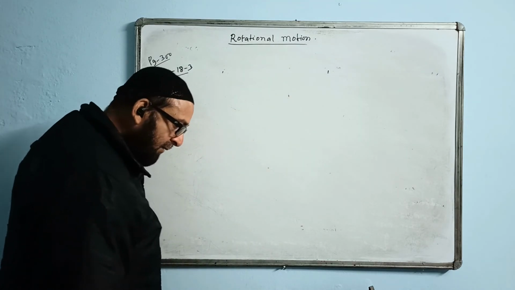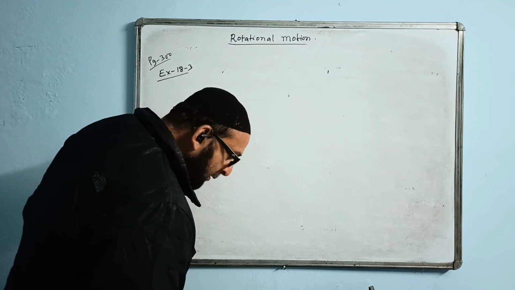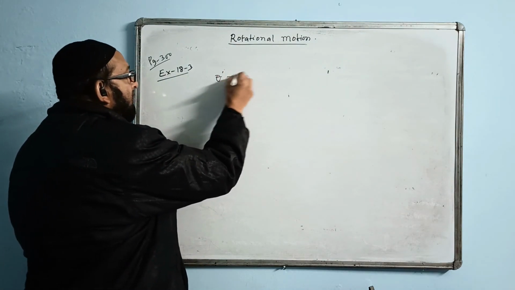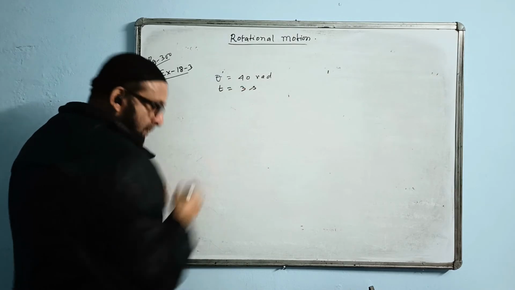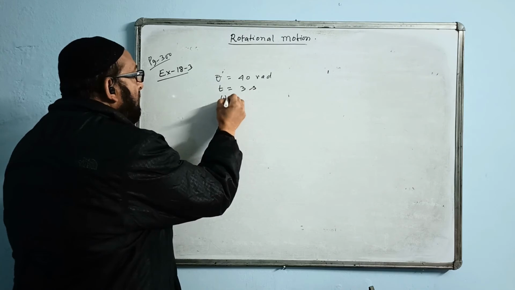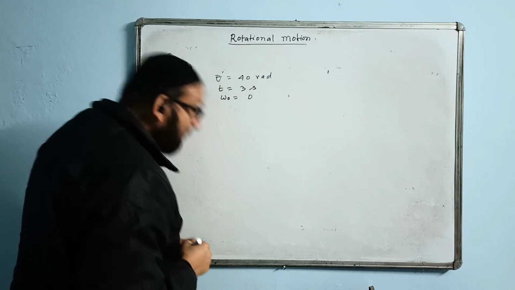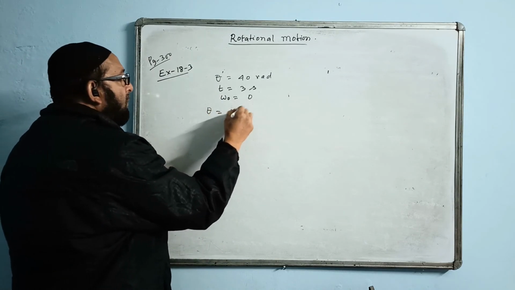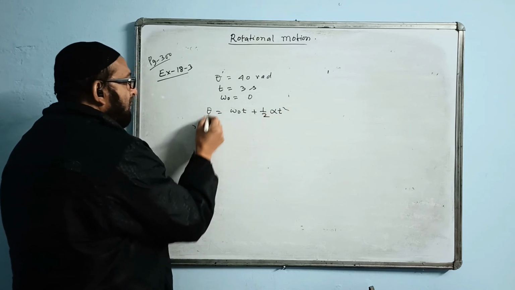This is also similar when we do. Torque applied on a wheel to an angle of 40 radian, that is theta value is 40 rad. Time is given. Starting value 0 because starting from rest. Omega naught value 0. You have to find the value of acceleration. So which formula? Theta is equal to omega naught t plus half alpha t squared.